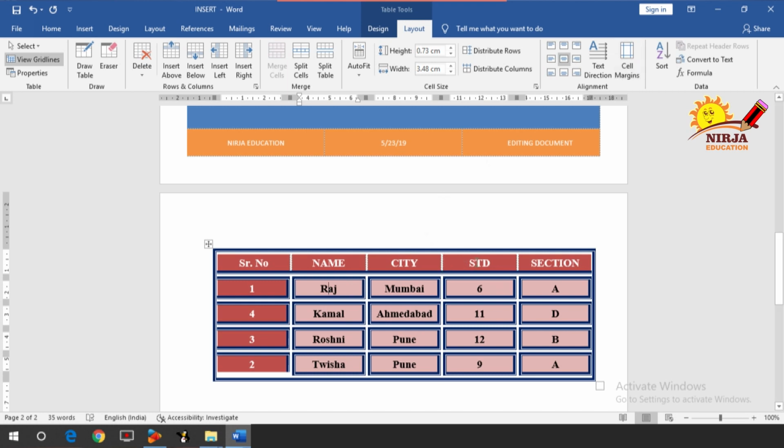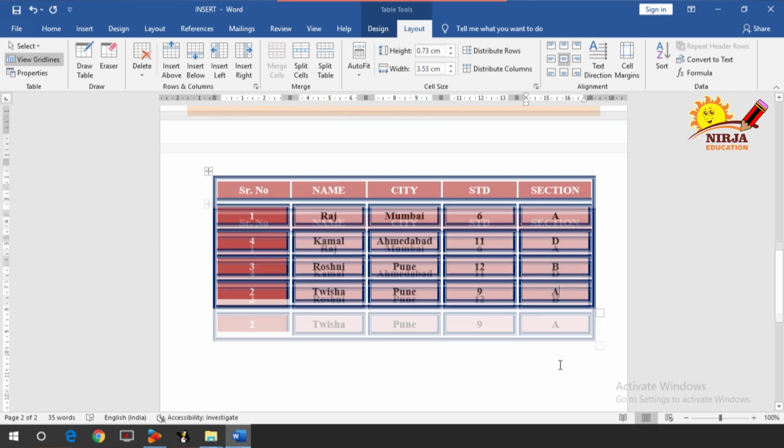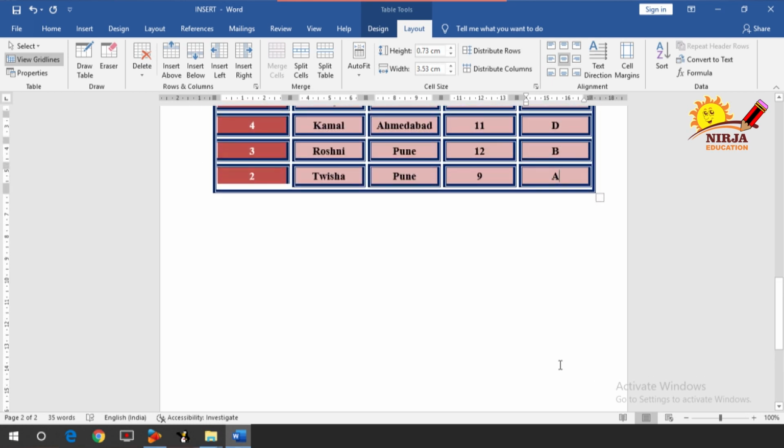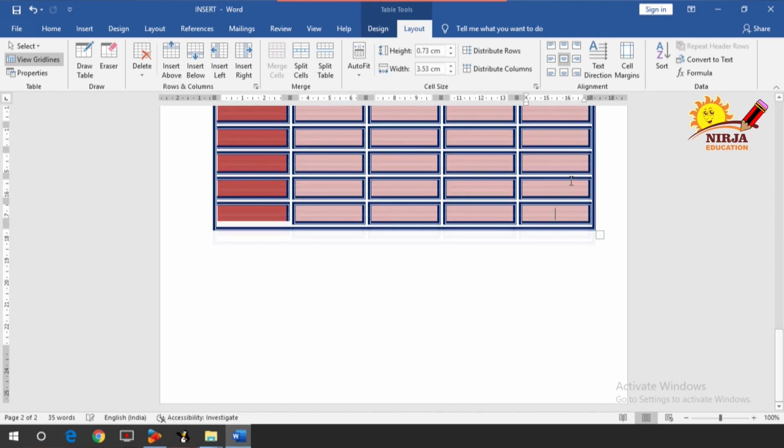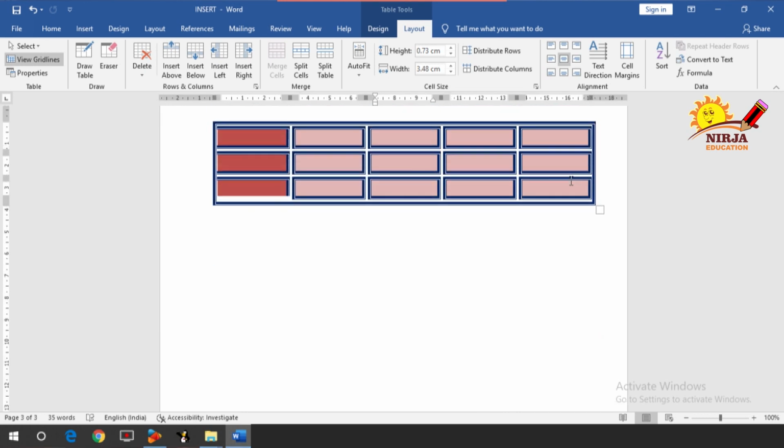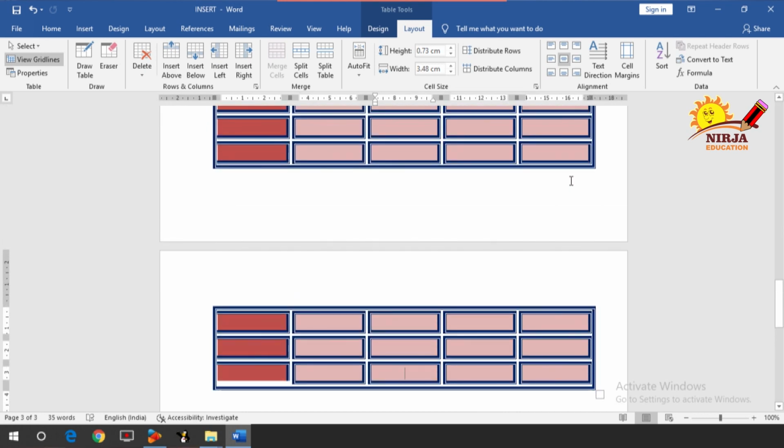Next up we have the repeat header rows. What does it do? It will mark the multiple rows as header rows if your table spans multiple pages. So how can you span your table across multiple pages? By increasing the number of rows. So I am going to increase the number of rows with the help of the tab key. I have placed my cursor at the last cell and then I will press the tab key. And as you can see here, we have reached the second page.